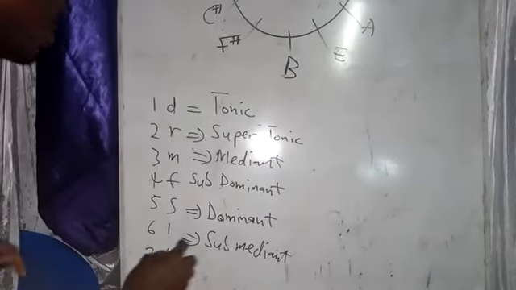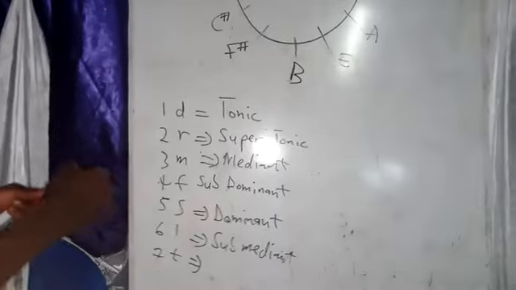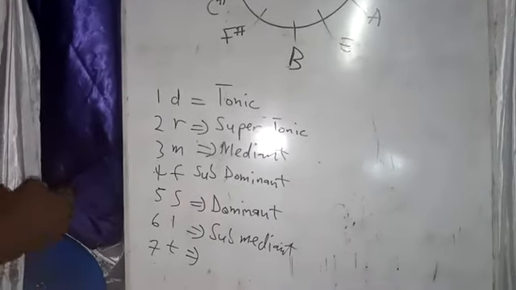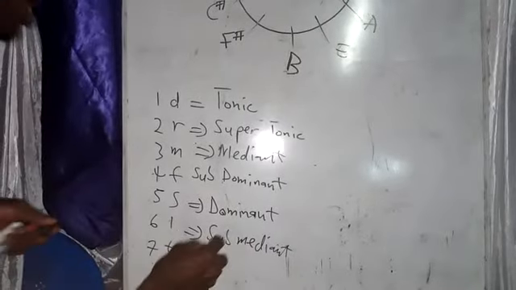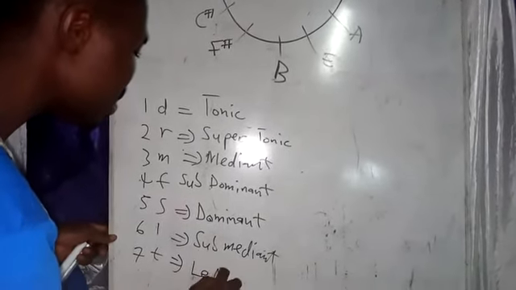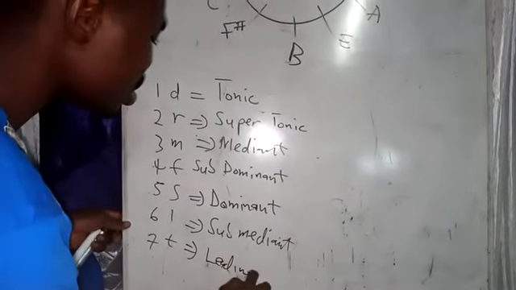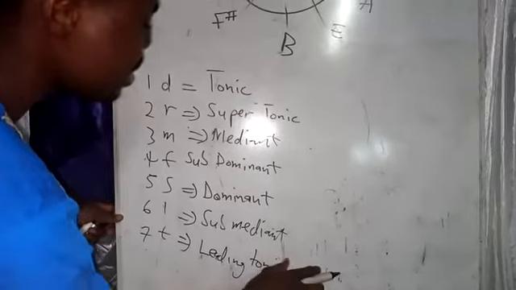And we have here the ti, which is the diminished chord. This one, I will not say it's the child of the house. It is maybe a nephew or a niece, because it's not part of the family. This is a nuclear family, so it's called the leading tone. It means it comes before the tonic, the leading tone.